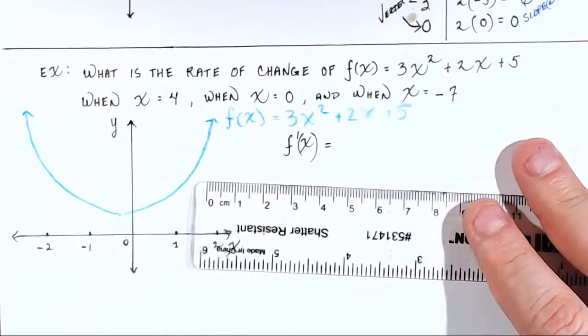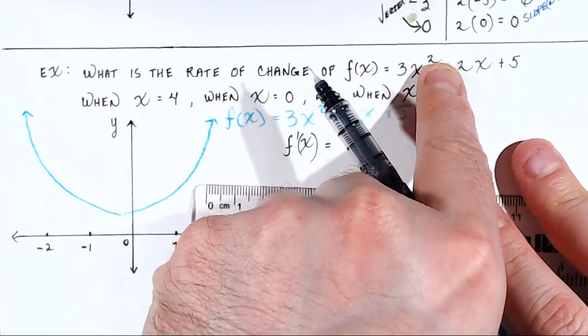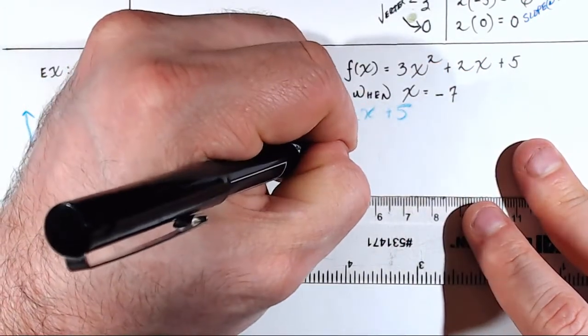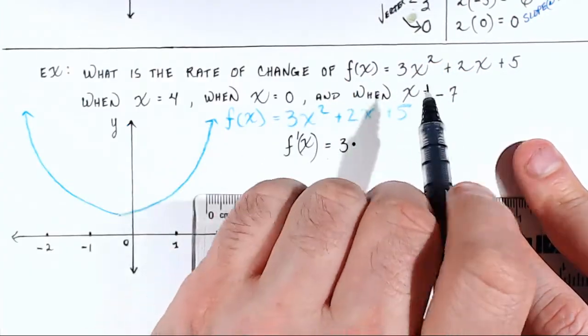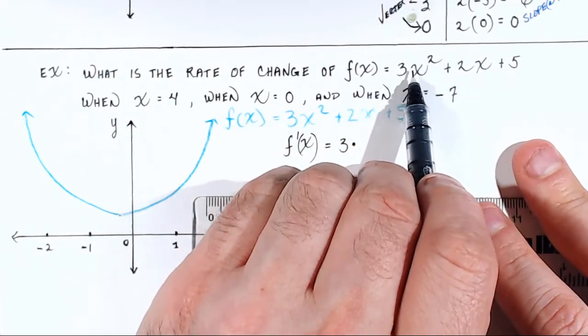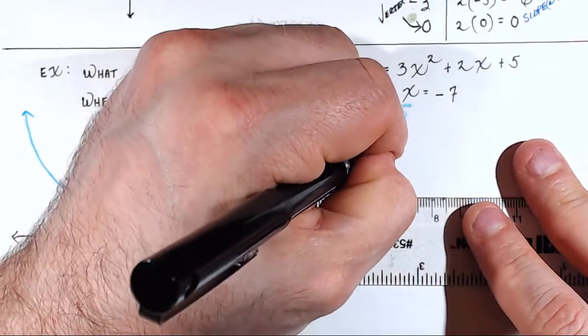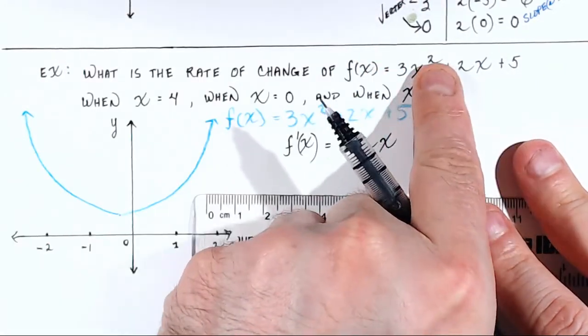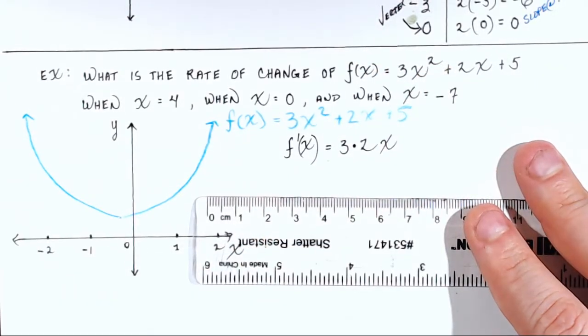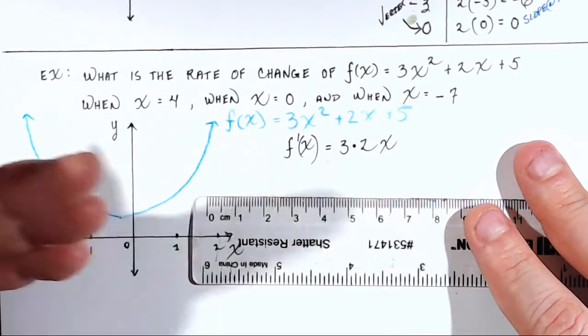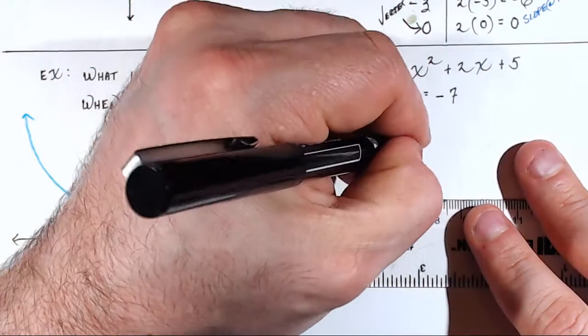You take the exponent, so I've got 3 times, bring down the 2, like that. 3 times 2, x, and then subtract 1 from the exponent. 2 minus 1 is 1, so 3 times 2x is going to be 6x, plus,